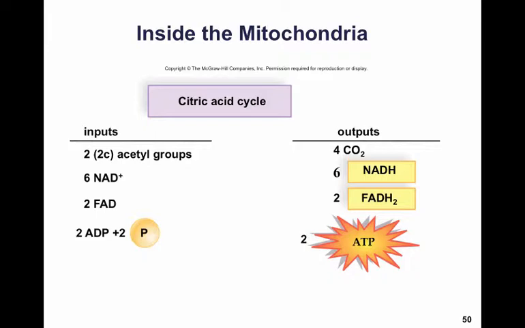And here is the tally of the input and the output. You'll see that we started with 2-carbon groups, and now we have carbon dioxides. We have NAD and FAD being reduced, and we have ATP made. For each glucose molecule that started out in glycolysis, we end up with 2 acetyl groups going into the citric acid cycle. So far we've only had a total of 4 ATPs made: 2 in glycolysis and 2 in the citric acid cycle. What's the big deal? Where are we going to